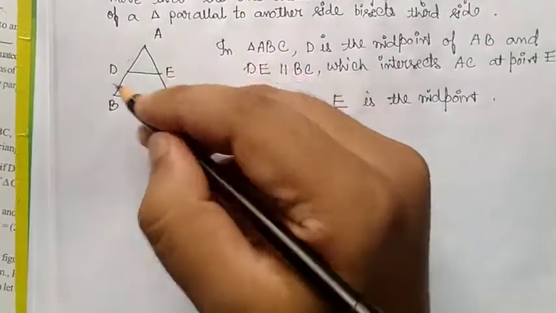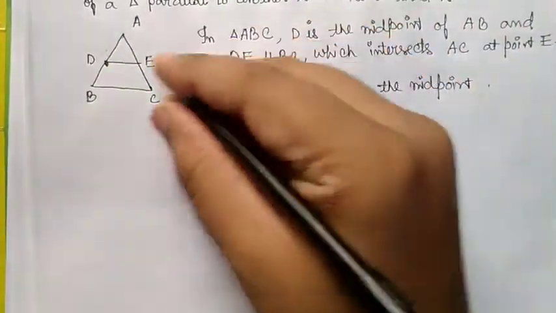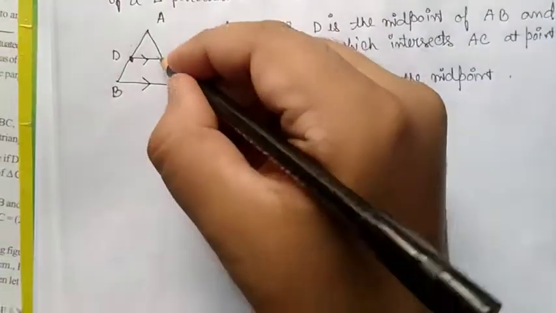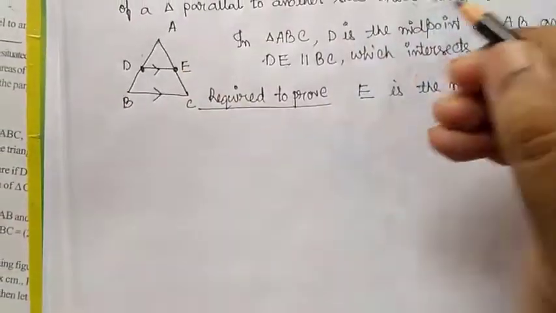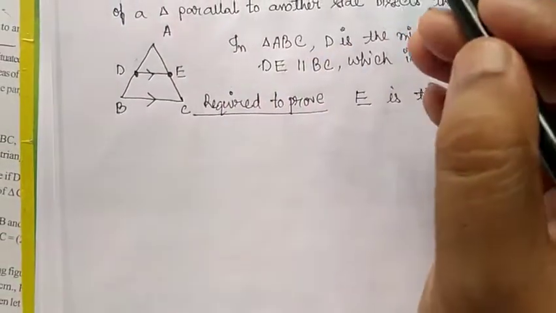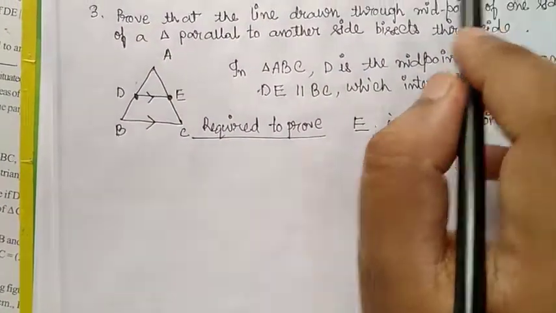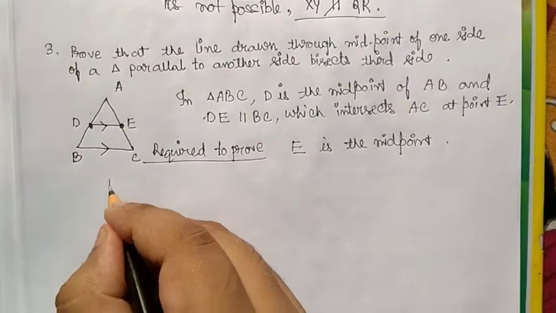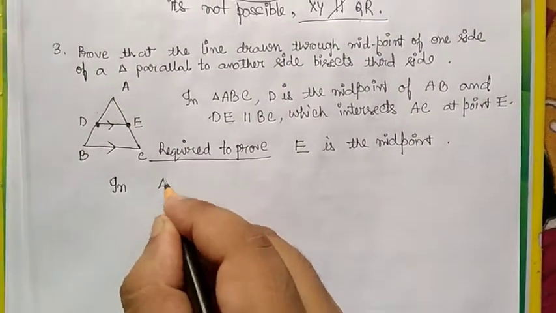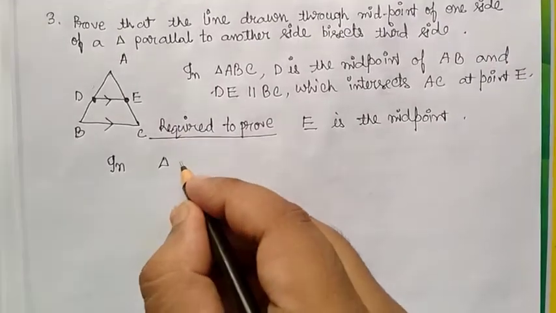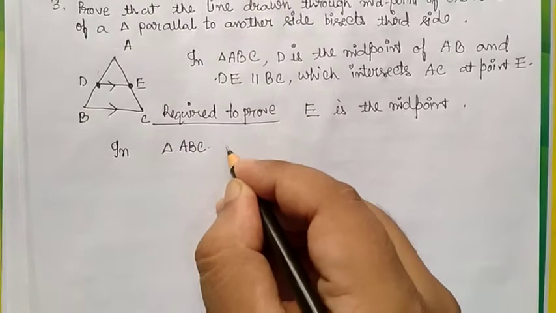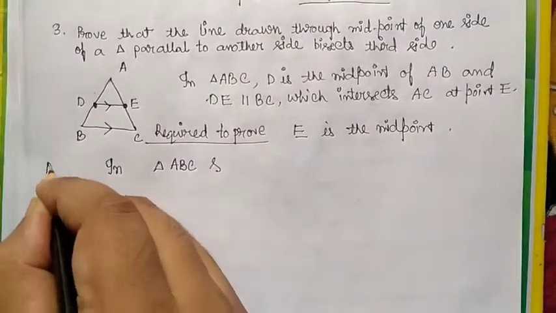So in triangle ABC, D is the midpoint, it's given, and DE is parallel to BC. This is also given. We have to prove that E is the midpoint of AC by Thales theorem. So in triangle ABC, and this is the proof,